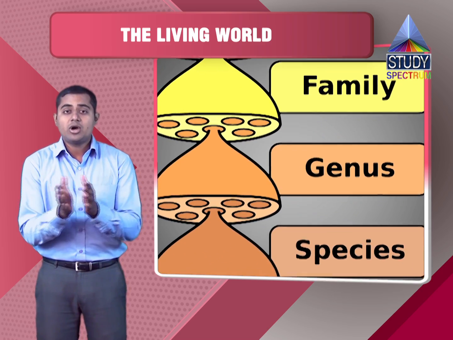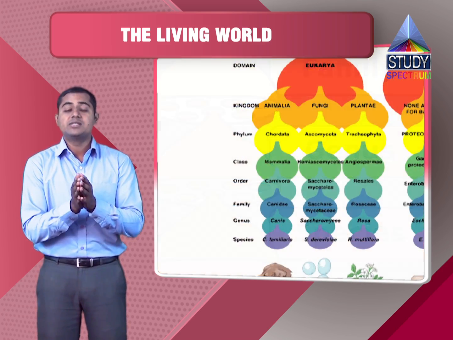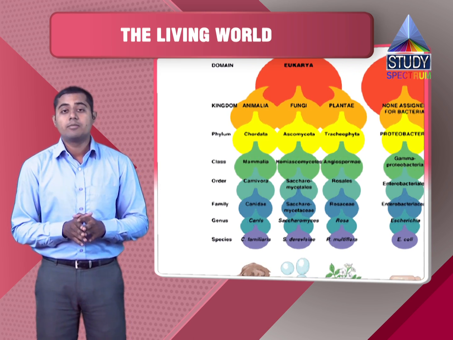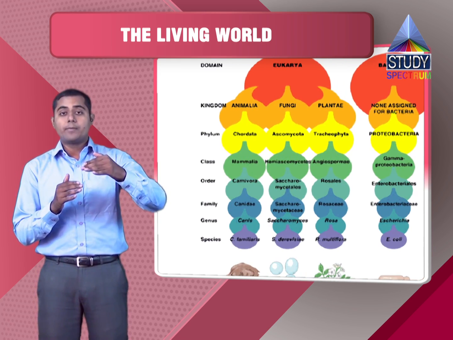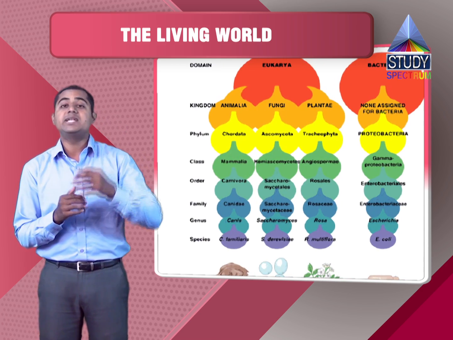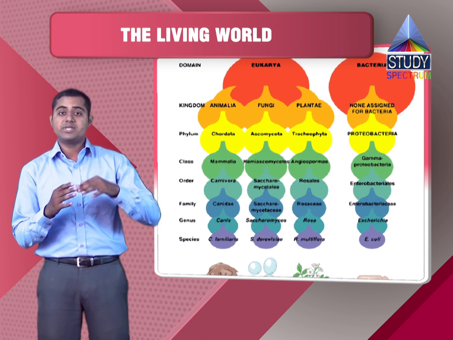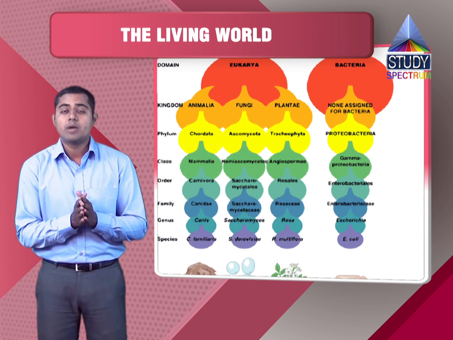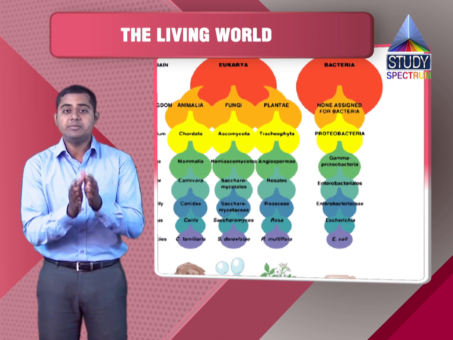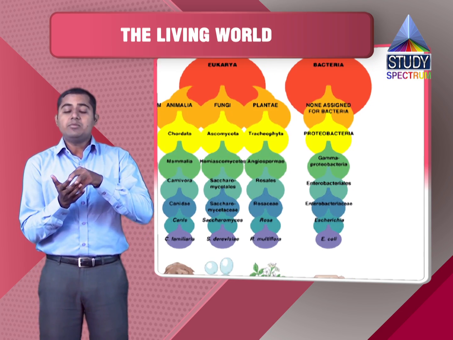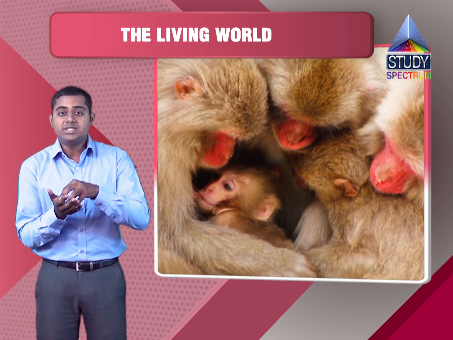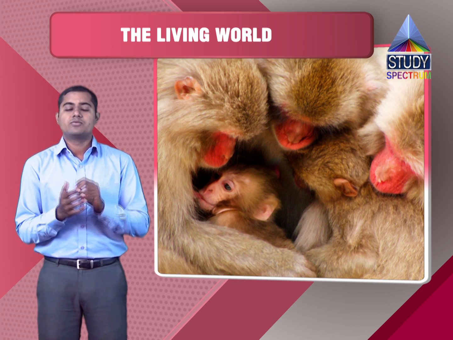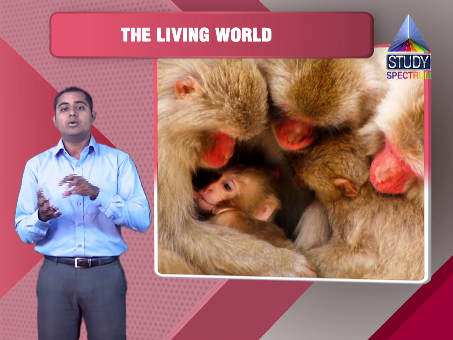Similarities between all the living organisms in a single species must be 90 to 100%. But as we go up in ascending order of the taxonomic categories from species to genus, in genus there are n number of species, but those fall under the same genus. So the animals in the same genus share fewer characteristics than what